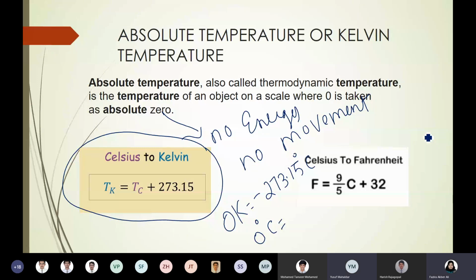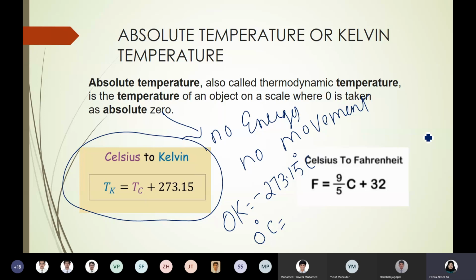This starts from our definition of temperature. Temperature is the average kinetic energy of a system. What is the kinetic energy of each molecule? The average kinetic energy is taken as the temperature. If that is the statement, then 0 degrees Celsius should be equal to 0 energy. But in the Celsius scale, 0 doesn't mean 0 energy. That is why we had to use a different scale, where 0 is equal to 0 energy, and that is the absolute temperature scale or thermodynamic temperature scale.